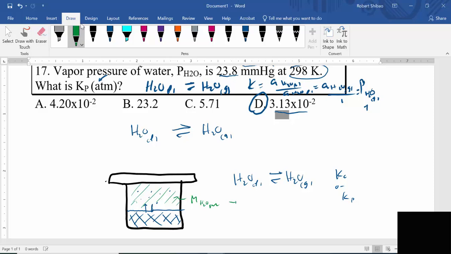And therefore we could use Kc. But they didn't give us Kc, they gave us Kp. So for Kp, what we do is we just want to know the partial pressure of the H2O gas. The H2O gas is going to be colliding with the walls of the container, generating pressure